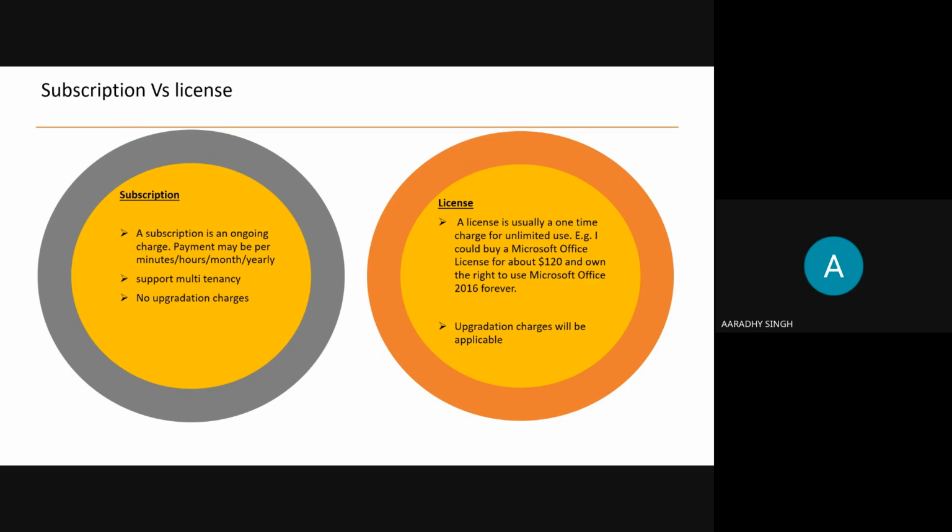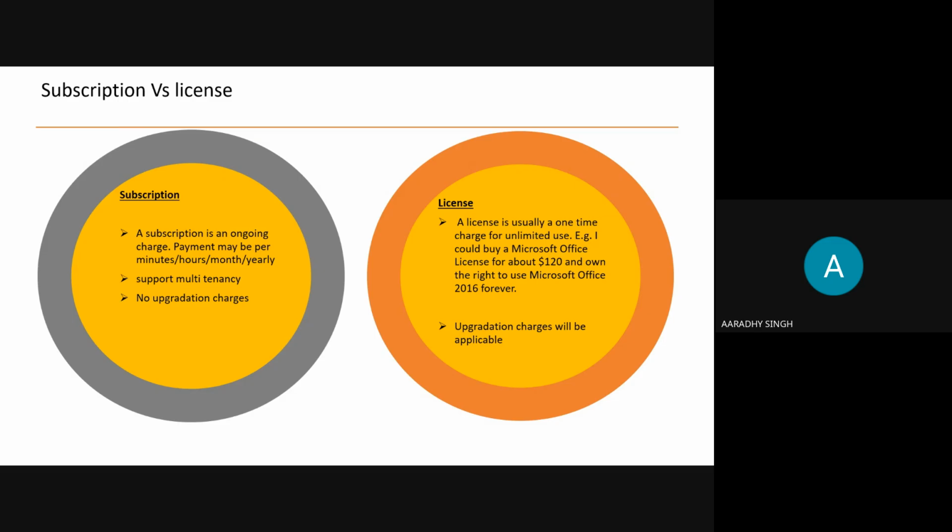Any questions so far from anyone else? Jagdish, Lalit? So for license, Microsoft Office is a SaaS service, right? Apart from this SaaS service, should we have to get any license for the PaaS and IaaS services as well? No. In most of the cases, most of the services are working on the subscription model. You don't need to buy any license. There are very few services which work on the licensing model, like Entra ID.